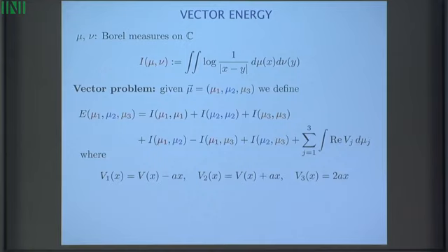So this is another difference with the classical case, when we had a single measure that described everything. Now we have to introduce a vector-valued problem with three components. A few years ago it looked a little bit unexpected. Now it's clear that apparently it's the right setting to study this kind of problems. So imagine you have a measure made of three components. I try to paint them in red, blue, and orange just to keep track of what's going on.